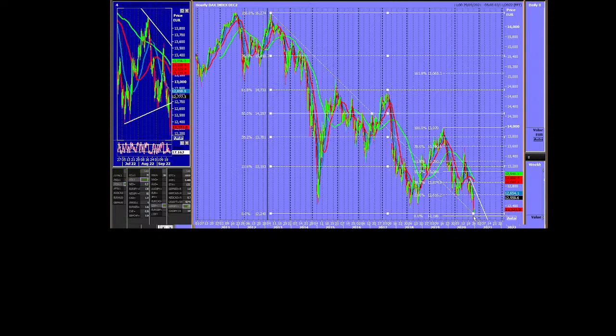Okay, I can't seem to get this to go where I want it to go. But that'll do for now. Now, look. This often works, and I know that you've seen me do this before. This is what I like to do. Take the whole move, put the fibs on, then go to the 61.8 and take that and project that down. Oh, that has worked. Has it? Come on. Okay, for some reason I can't get to the actual low.